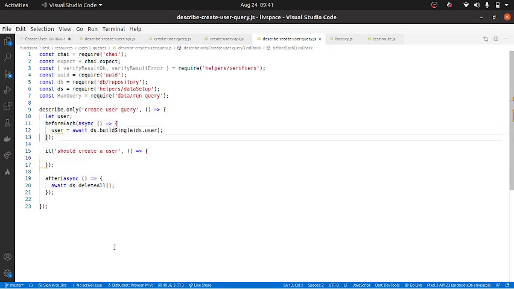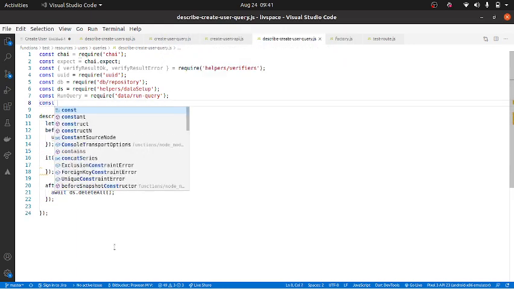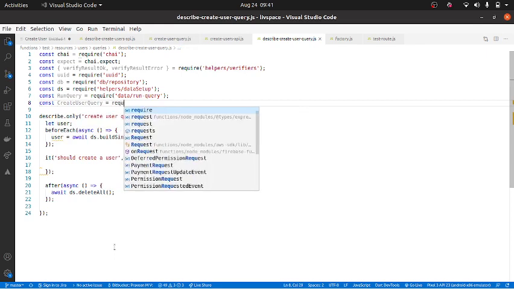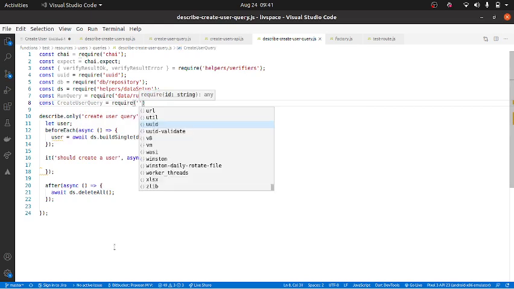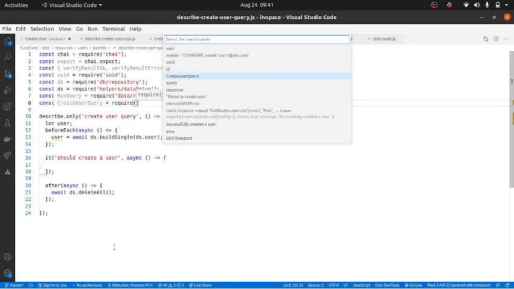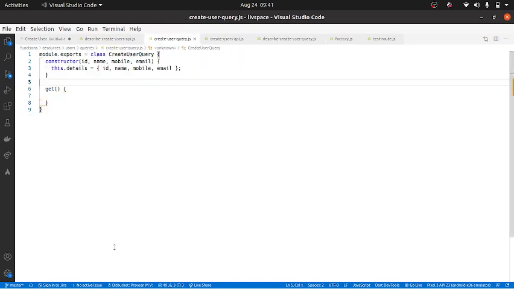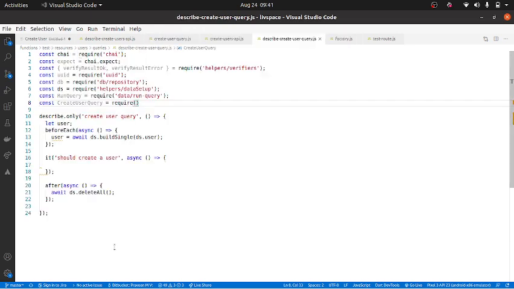So this is taken care of, but anyways, we have not fully done anything. Now we basically need to make sure that I pass this to the query. So I'll make this async. And what was the query we needed? Const createUserQuery equal to require. Let me see if I have that. Control Shift P. Okay, create user query, copy. Functions, get rid of it. You basically have the create user query, you have all the data.